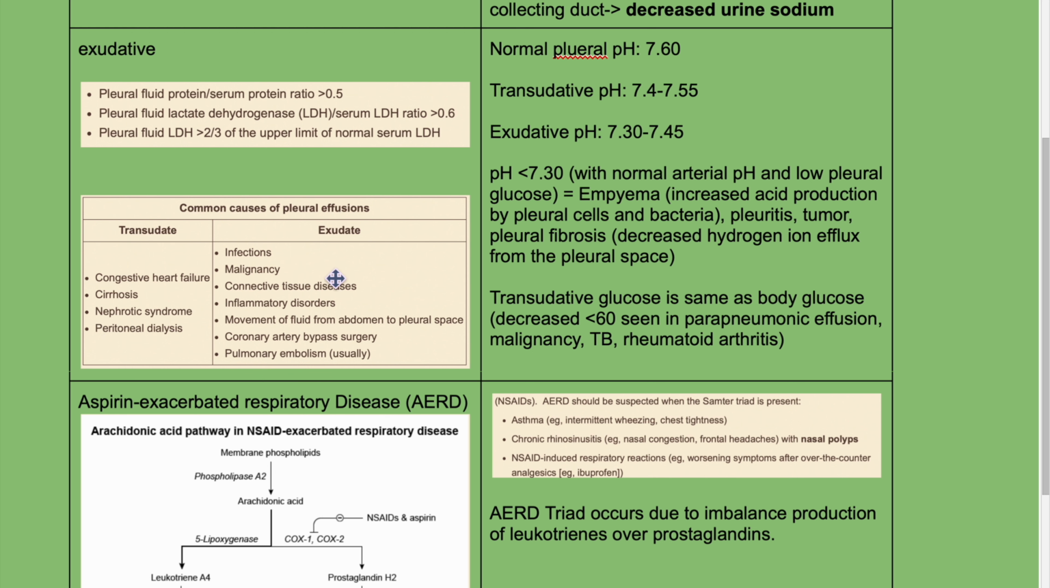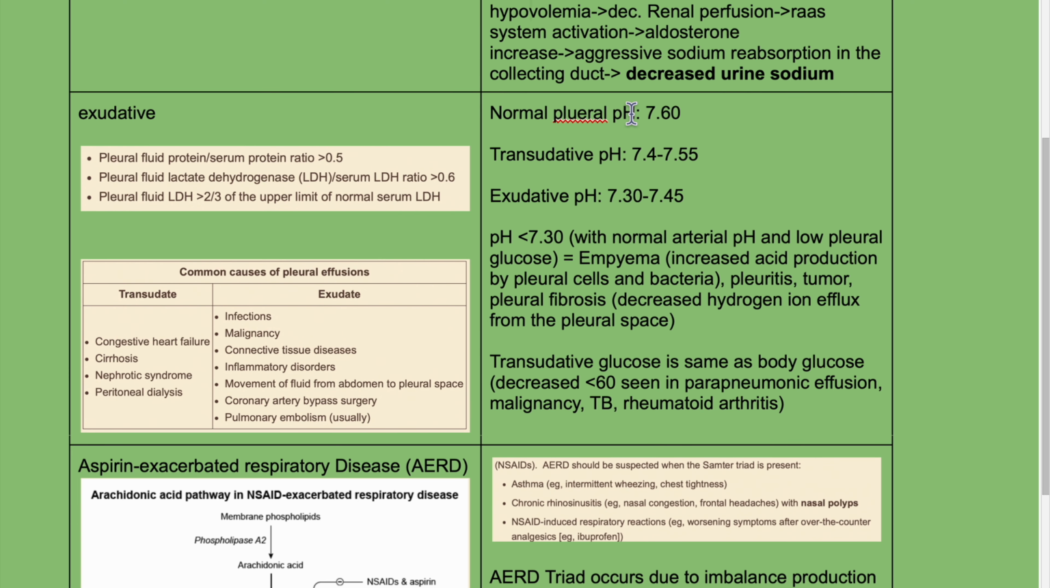Exudative is infection, malignancy, connective tissue disease, inflammatory disorder, movement of fluid from abdomen to pleural space, coronary artery bypass surgery, and pulmonary embolism, usually. Okay,